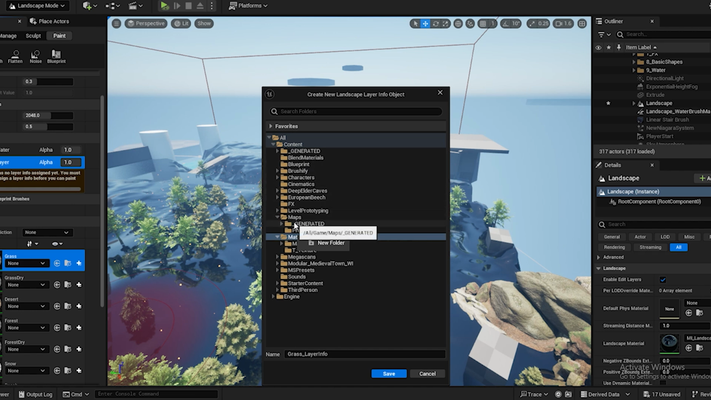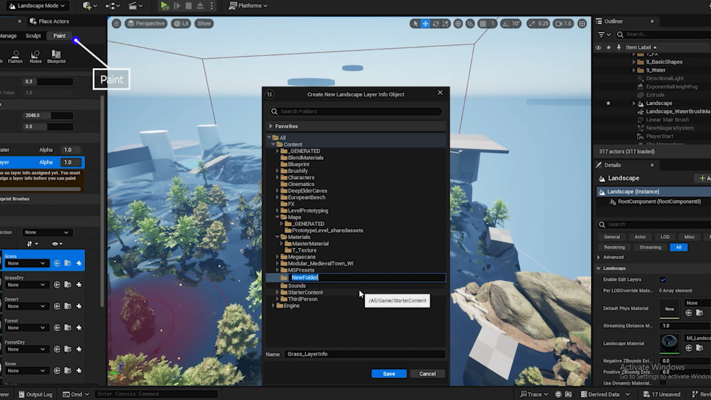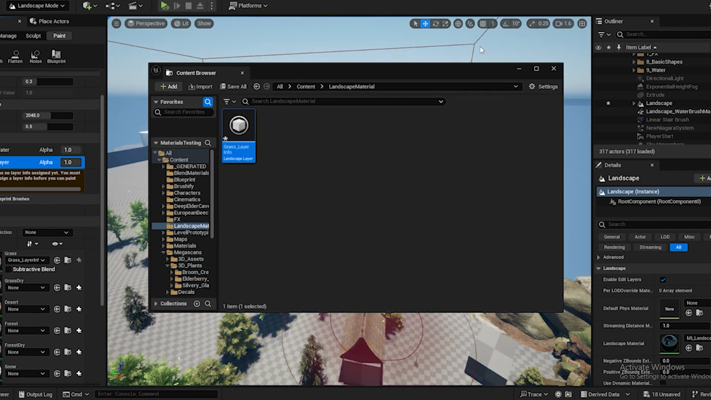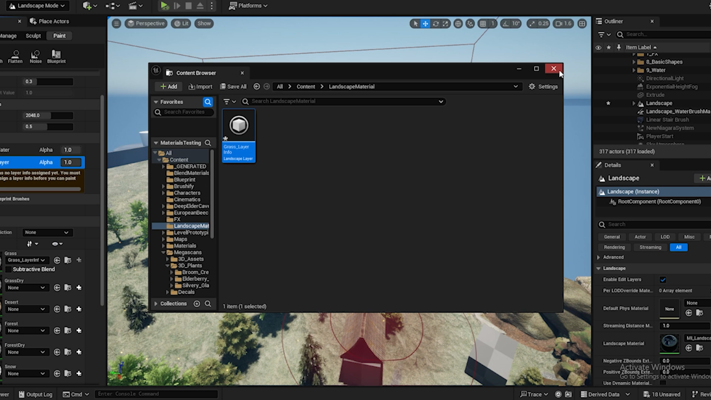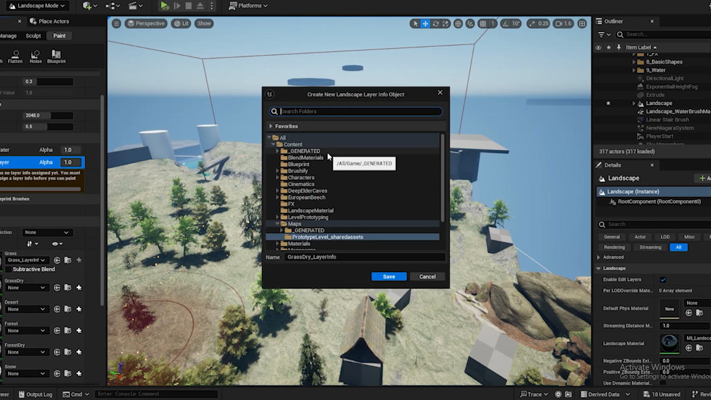Clicking on your landscape element, you're going to go to landscape mode, and you're going to go to the paint tab. You can kind of see that up in the upper left hand corner. You're going to see all of the preloaded Brushify materials listed there, but what you have to do is click those little white plus signs on the right hand side and make it a weight blended material, and you have to select a folder of where this is going to be saved, and you have to do that for each